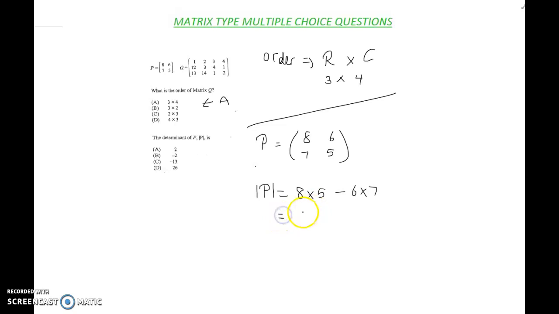So 8 by 5 is 40. Take away 6 by 7 is 42. And my determinant is minus 2, which is B. I was trying to draw a little arrow there, but that didn't work out. But yes, the answer is